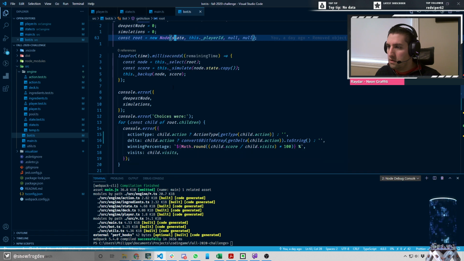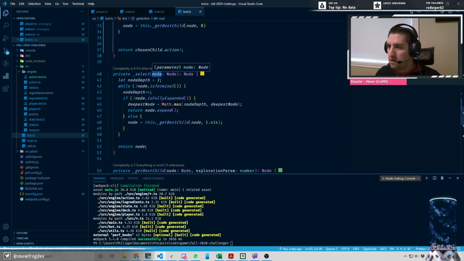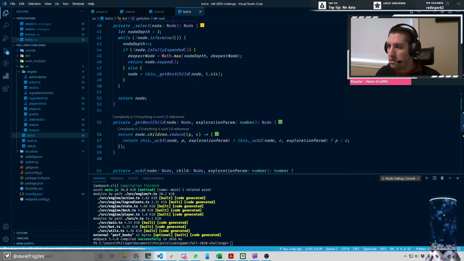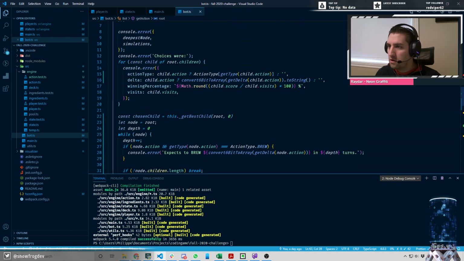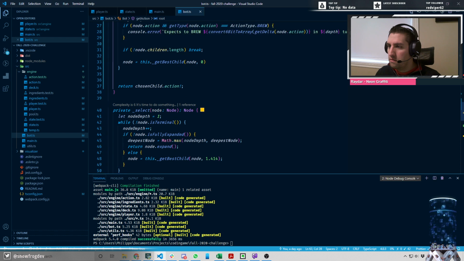Then we go into the select part of the algorithm. So select, we've got our node. If the node is terminal, node is fully expanded, get best child looks at the score. Nothing to do with our stuff there. So I guess the creation of